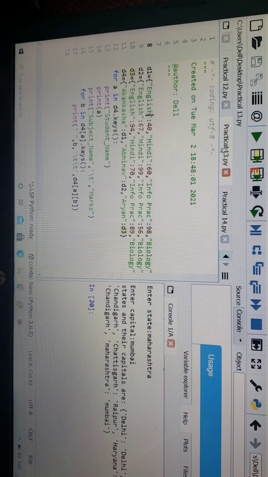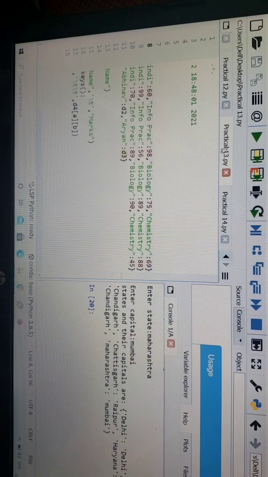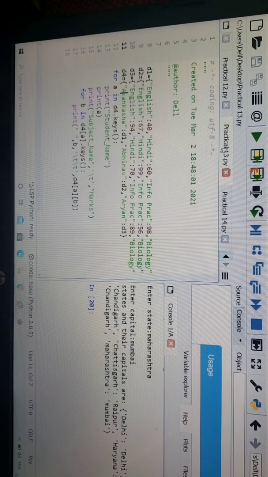And then you are taking different subjects: English, Hindi, informatics practices, biology, chemistry, because we need 5 subjects, so you have to enter 5 subjects' marks. Then after creating 3 dictionaries for 3 students, now which dictionary belongs to which student, that you have to mention. So one more dictionary is required which will refer to these dictionaries. Akansha is the first student, so her dictionary is D1. Abhinav is the second student, his dictionary is D2. Aryan is the third one, so his dictionary is the third one.